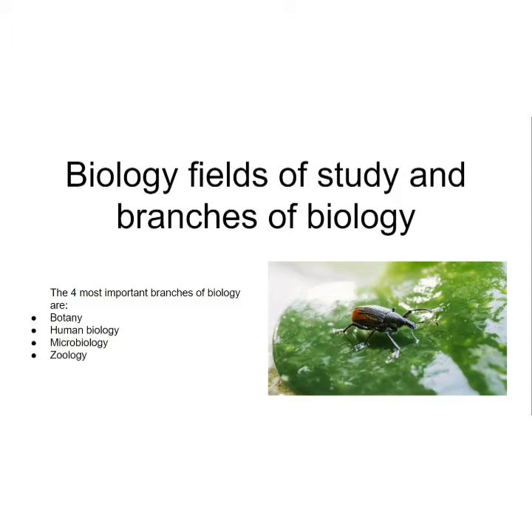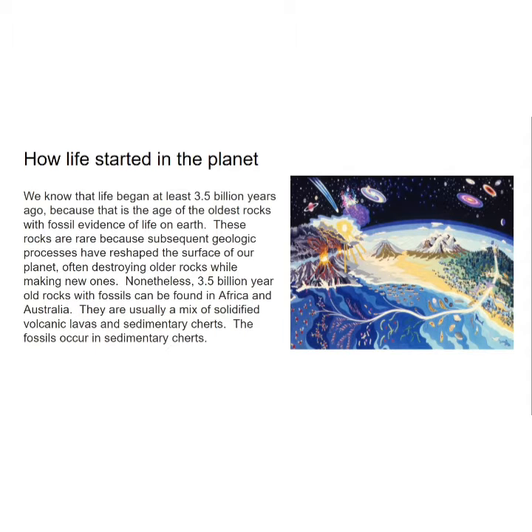Well, about how life started on the planet, we know that life began at least 3.5 billion years ago, but many ideas have been proposed to explain how life began. Most are based on the assumption that cells are too complex to have formed all at once, so life must have started with just a component that survived and somehow created the others around it.